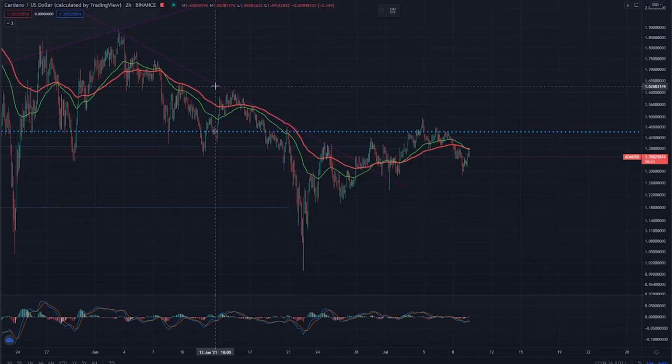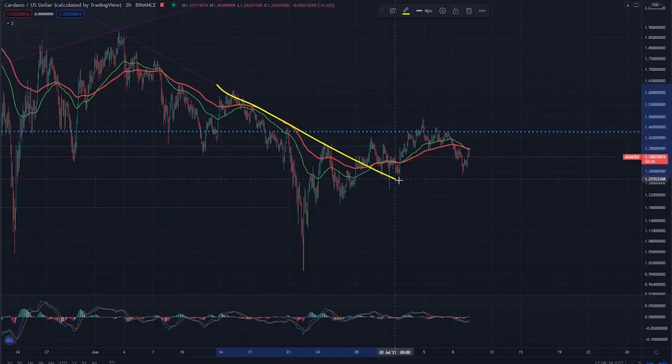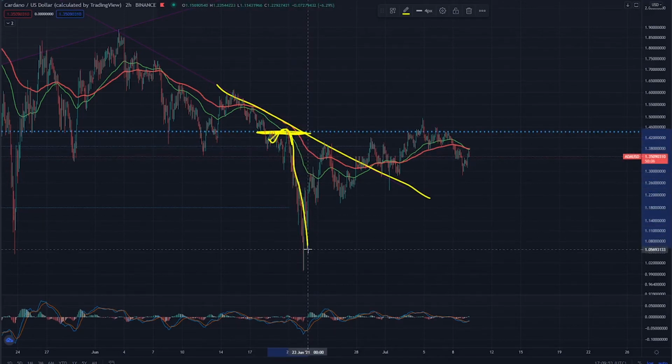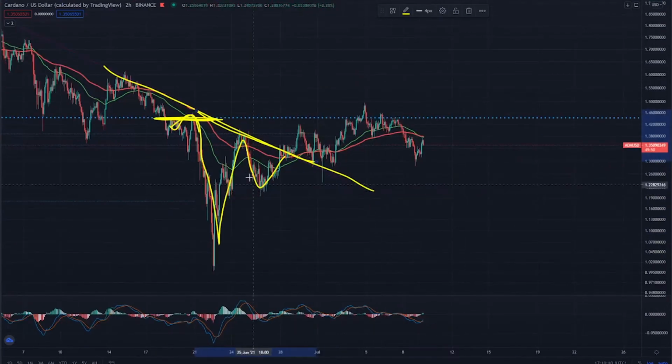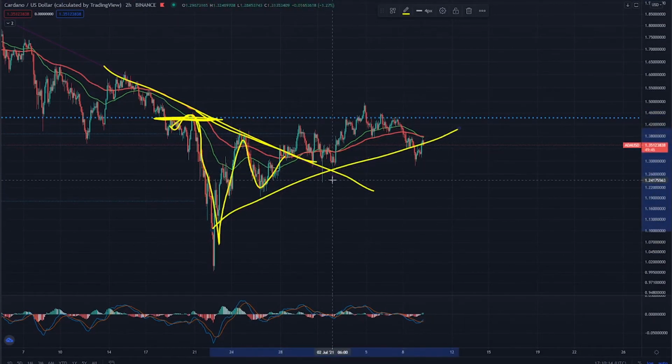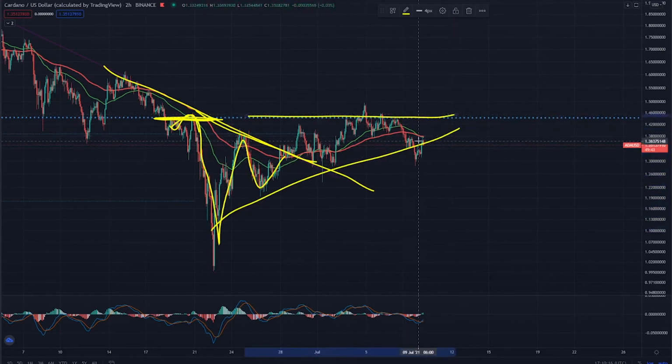And also if we zoom out to see a bit more detail, looking at a 2-hour chart, we can see that there was this downward resistance, which triggered those sell-offs when this resistance met with this support. So we had this bit of a sell-off over here, but after that, as I mentioned, we've managed to come back up and break this resistance for the first time since the middle of May, where it was formed over here. So that's pretty bullish again, and we've started to move slowly upwards over here towards this resistance again,